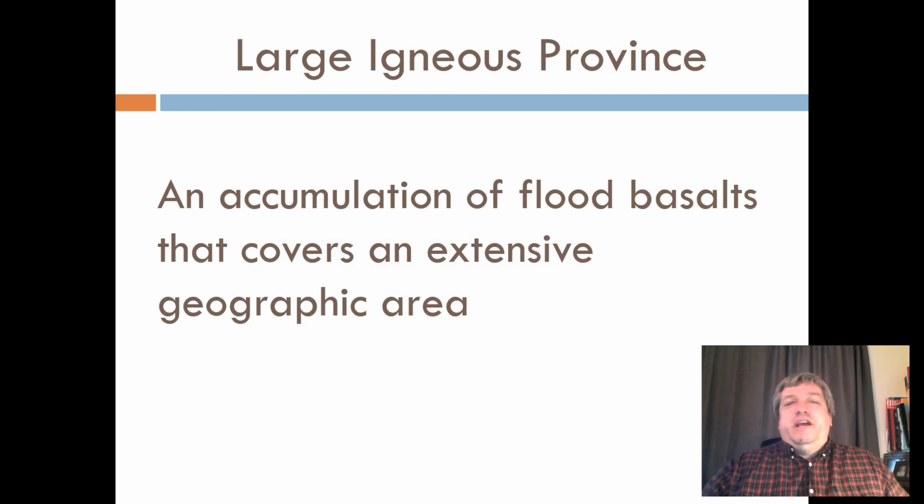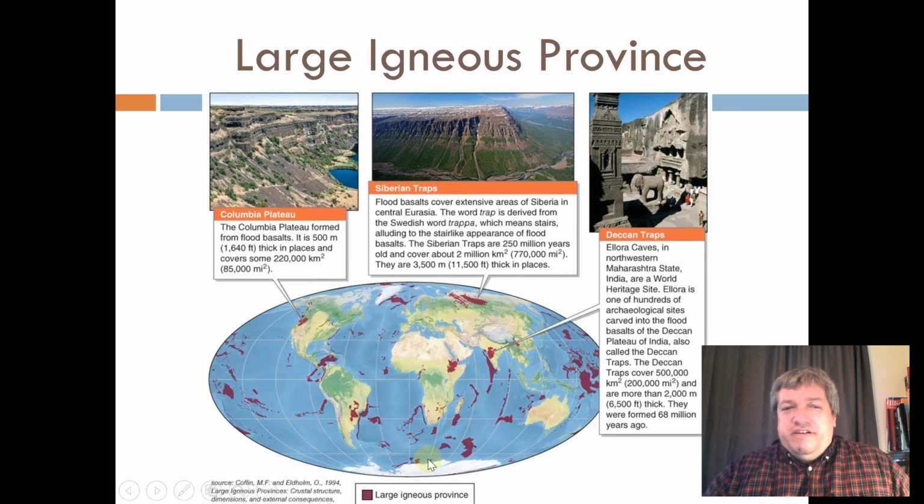Now, a large igneous province is just something that happens. It hasn't happened in recent modern human history, but there have been periods in the Earth's history where the Earth's surface just basically breaks apart and this huge, thin flood of basalt lava comes out and hardens. The movie that I had you watch, Making North America, talks about this. It hasn't happened for hundreds of thousands of years, but when it does happen, it can cover thousands of square miles. So these areas in red are all igneous provinces.